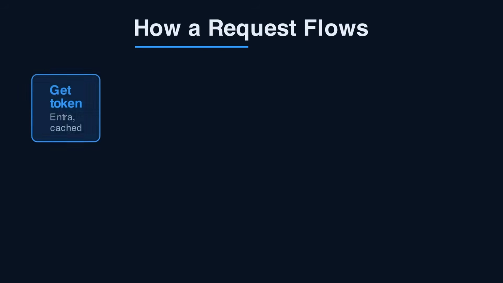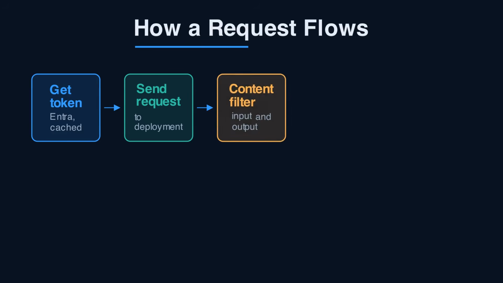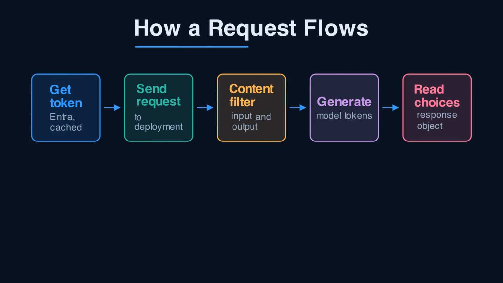Walk the path of one call. Your code requests a token from Entra, which is cached and refreshed automatically by the credential. The SDK sends the chat completion to your deployment's endpoint. The request passes through Azure's content filter on both input and output, before and after the model runs. The model generates tokens, the response comes back, and your app reads the choices. Every step here can fail independently, which is why understanding the order matters when you debug a 403 versus a